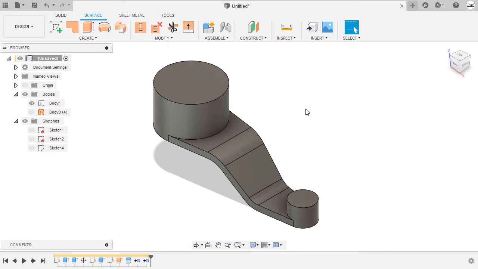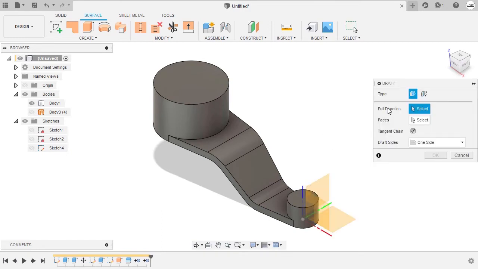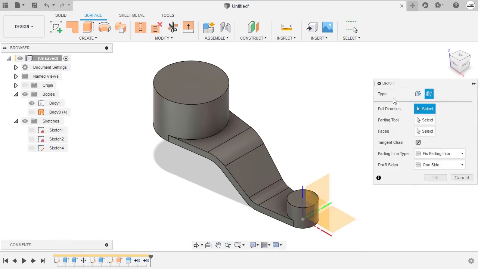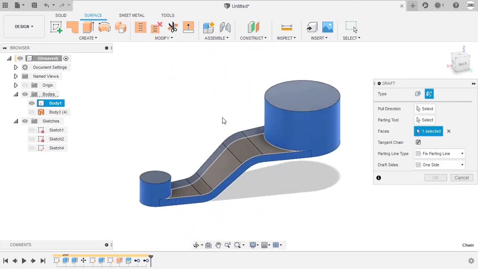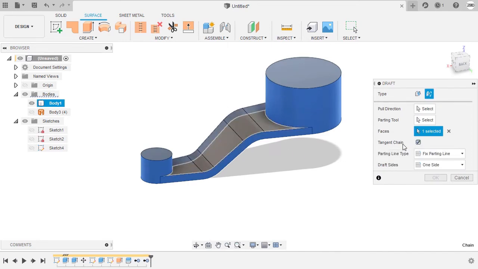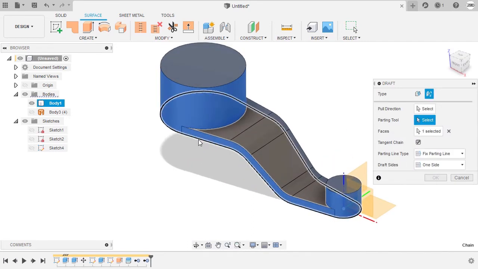Moving forward, let's apply the drafts on the sides of our model. I'm going to hit S for shortcuts, typing DR and selecting draft. For the type, we're going to select parting line. Let me start off by selecting the faces, which are these faces. Notice tangent chain is enabled. For the parting tool, left click here to activate this. I'm going to select